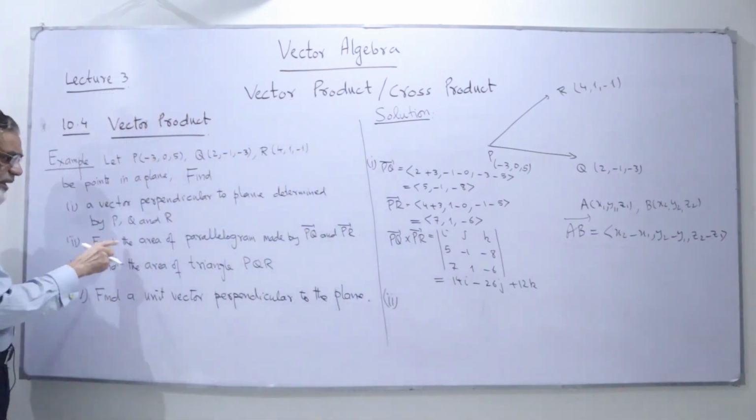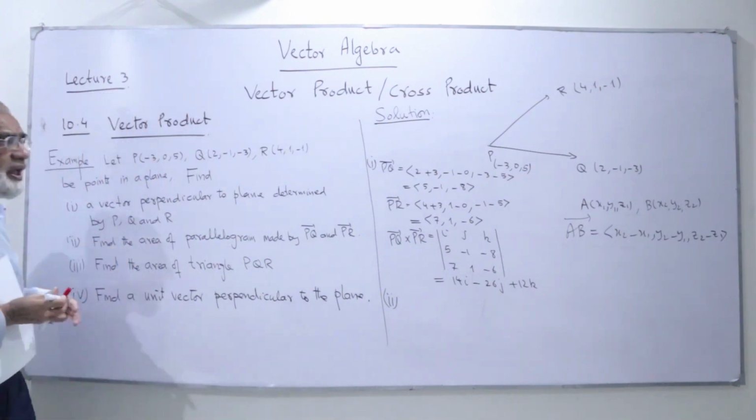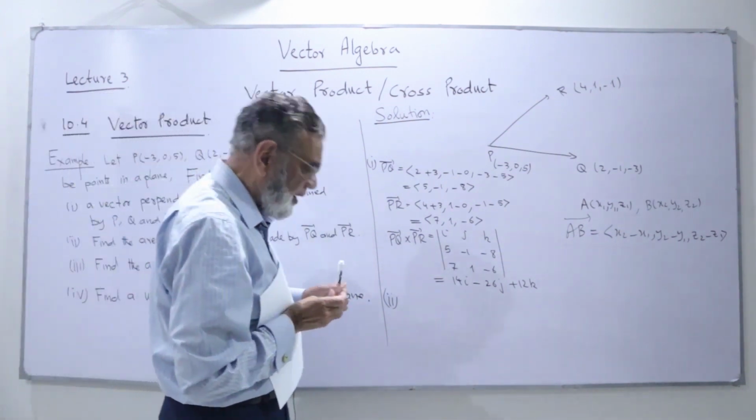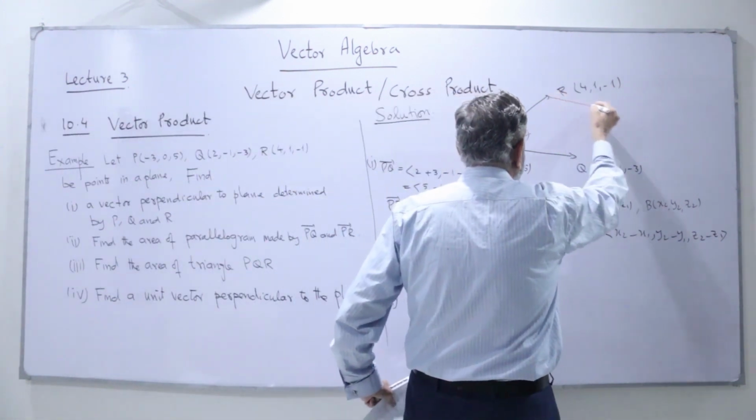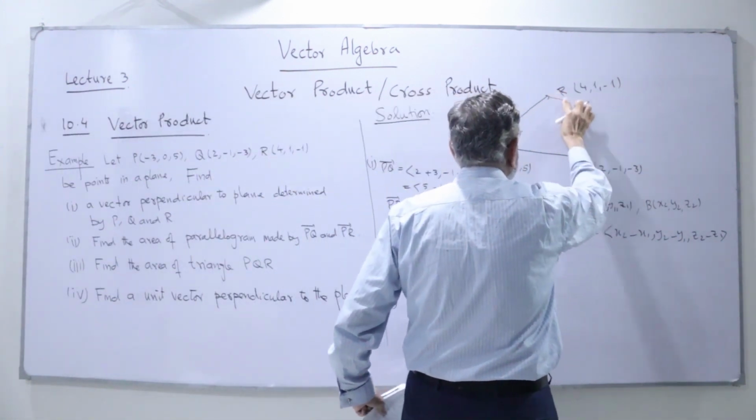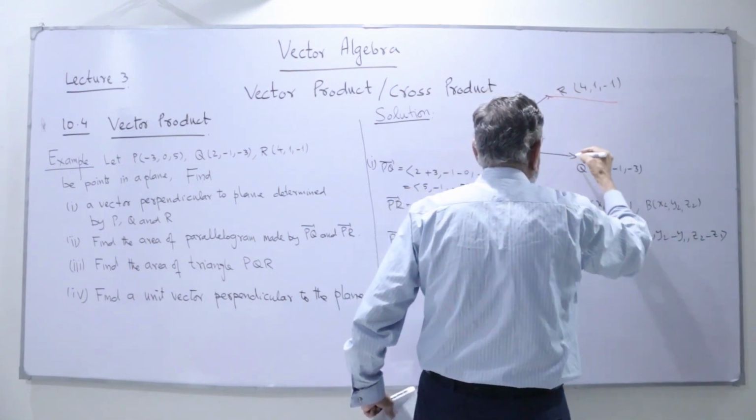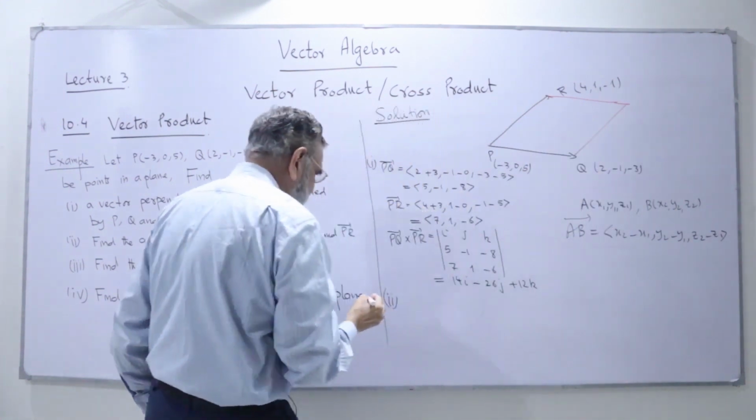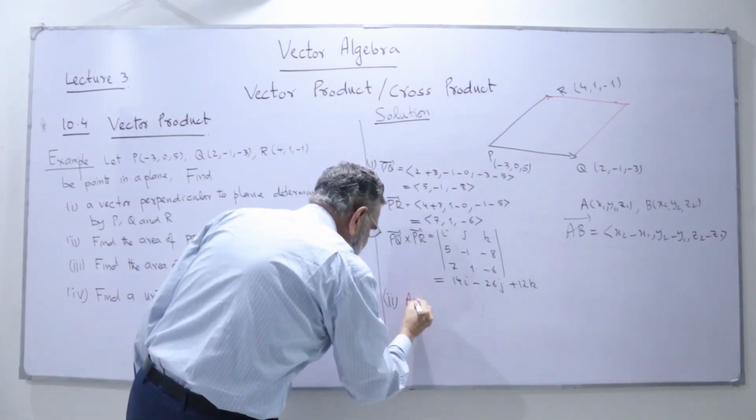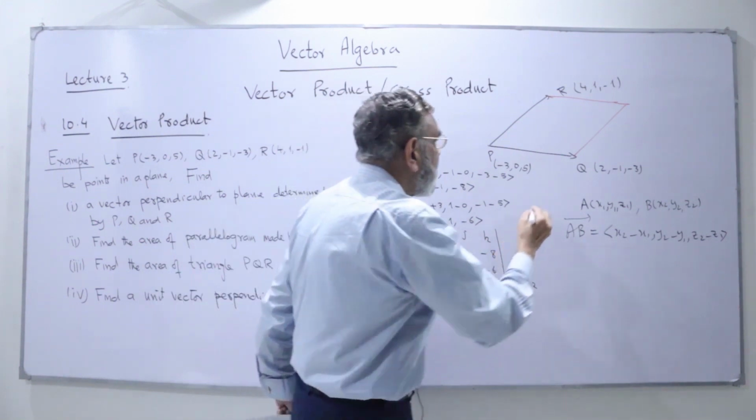Next is find the area of the parallelogram made by PQ and PR. If I want to find the parallelogram, then obviously I extend this one and I can find here the parallelogram. Here I draw it parallel to PQ, and this is parallel to PR. This is a parallelogram, and the area of the parallelogram is equal to the area of PQ